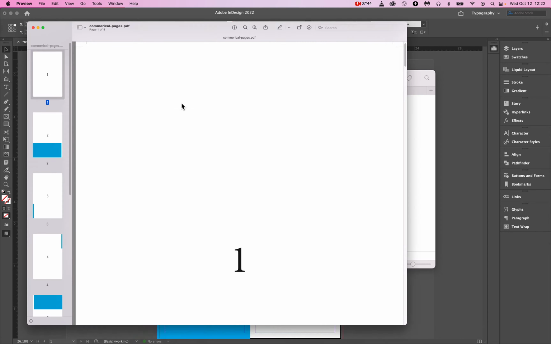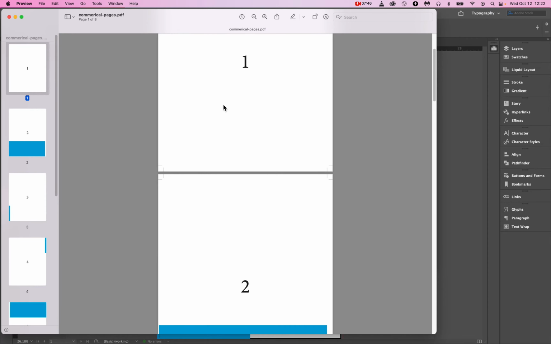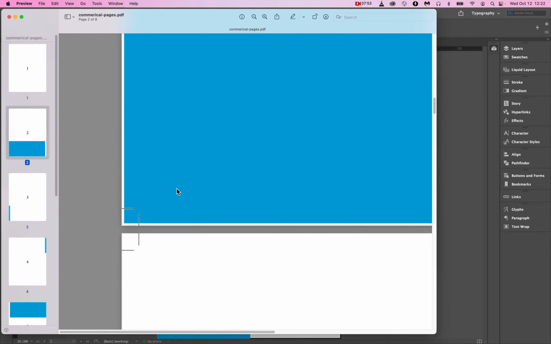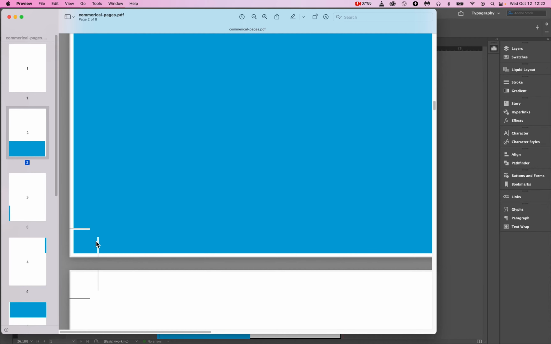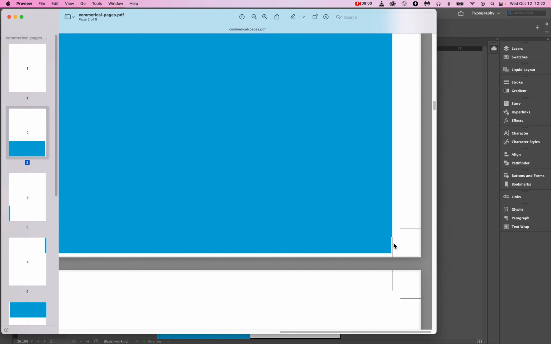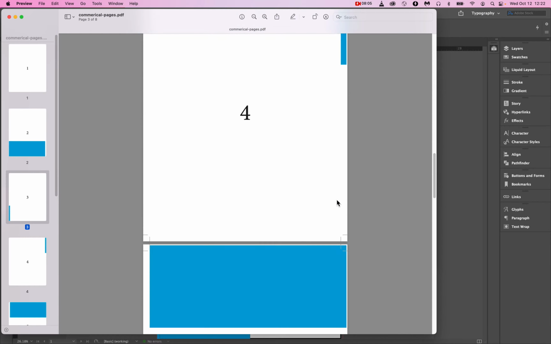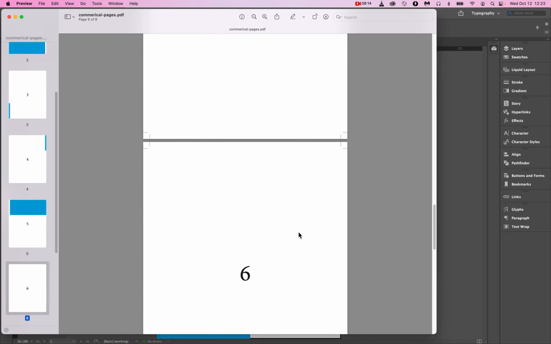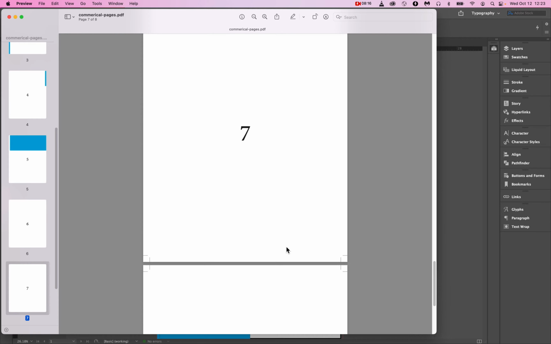And here's commercial pages. Okay, and you can see it's in pages, right? So the printer can impose things, and fix them, make them work. You can see that we've got our full bleed here. And then over here, because this is the inside margin, it does not bleed. It bleeds on the bottom, but not on the side. All right, so this is what most printers are going to need. Every printer is different. Okay, every printer is different. So ultimately you'll want to check with them, but 9 times out of 10, they're going to want something like